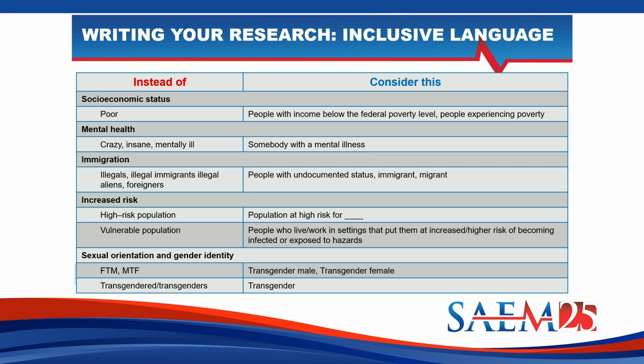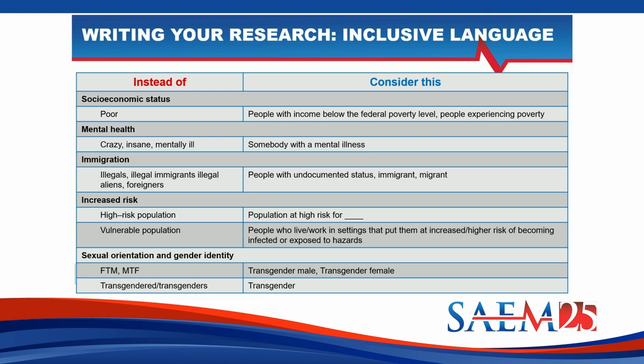When you're talking about mental health, you also want to make sure that you're very specific. And if you're talking about a specific disease, say that. So an individual with depression, rather than saying somebody with a mental health issue. And if they're not already diagnosed, then you could say somebody experiencing a mental health crisis.